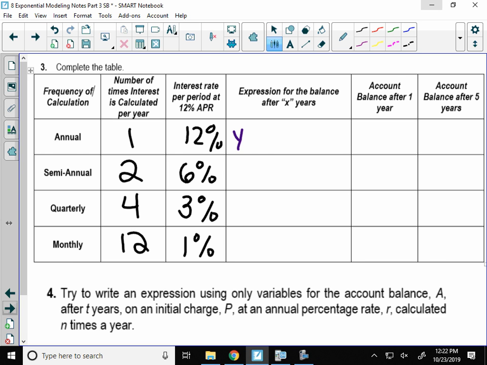Well, this is what we did yesterday. We start with our $1,000. We're charging 12% interest, so I'll have 1.12 to the x value. Right? That was the first thing we did. And we can actually copy the account balance after 5 years down into the table. So copy that right from above. That was